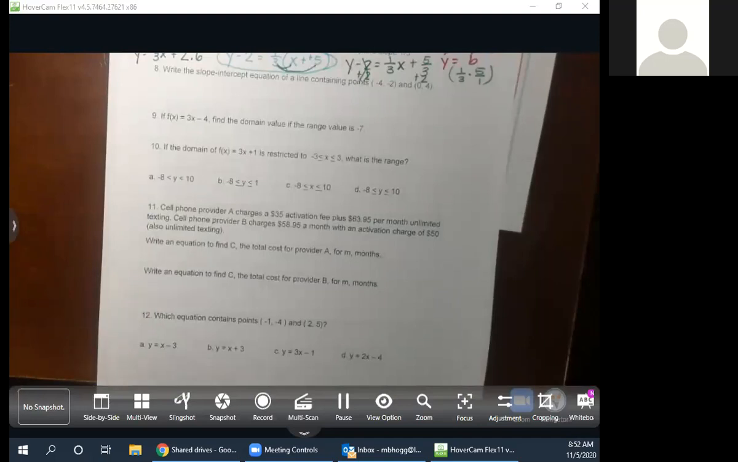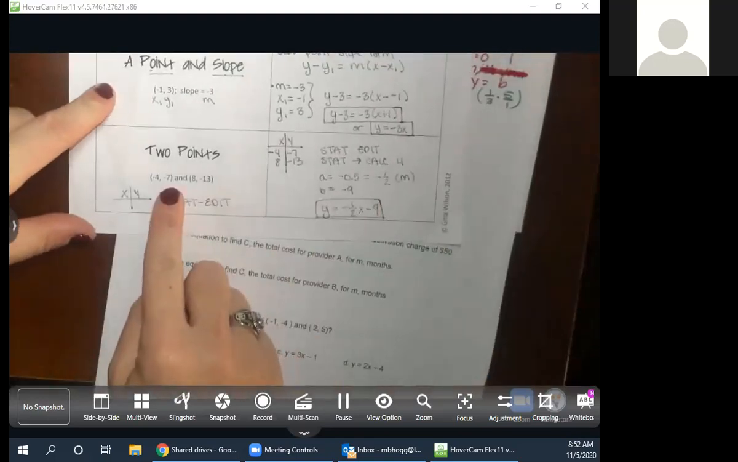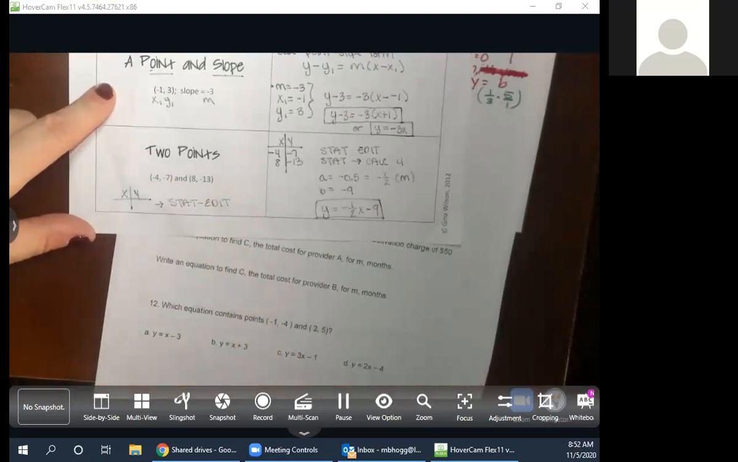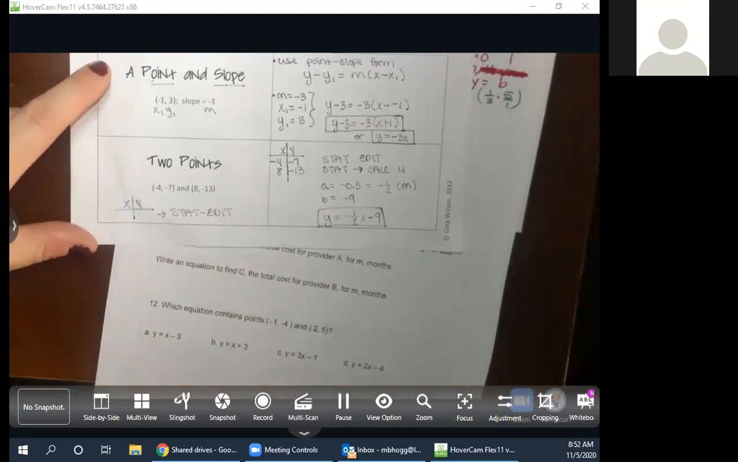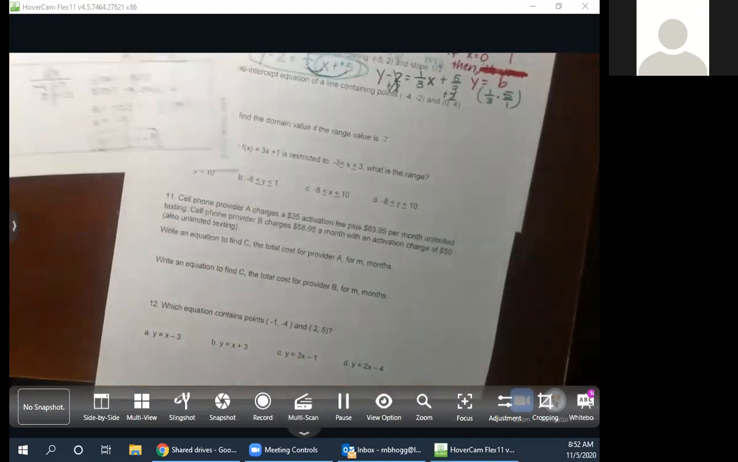Well, we want to get the answer. So we have 2 points. Look at your graphic organizer. 2 points. What do we do? Stat edit. Yep. Interim and stat edit. Stat edit, guys. 2 points. So remember, if you need to make your x and y table,